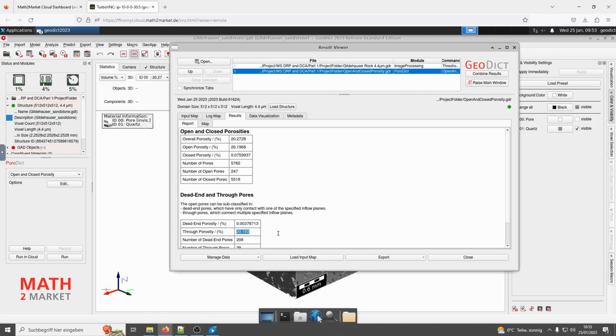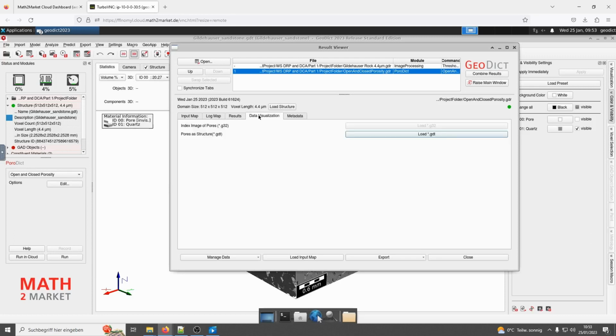Now we may load the structure with open and closed pores from the Data Visualization tab. Please click Data Visualization, find Pores as a Structure GDT and load GDT.